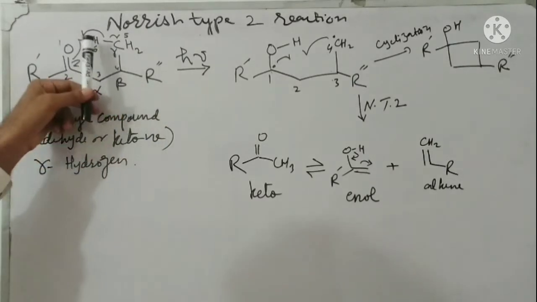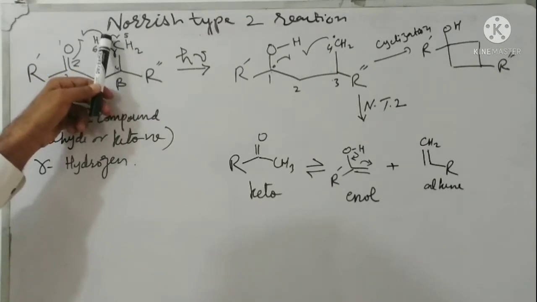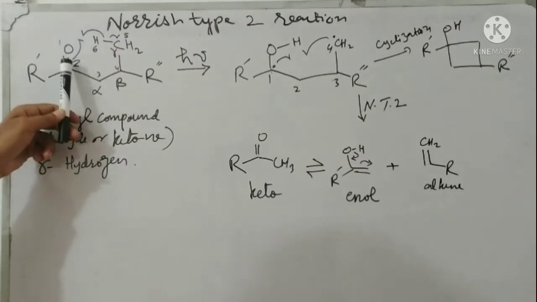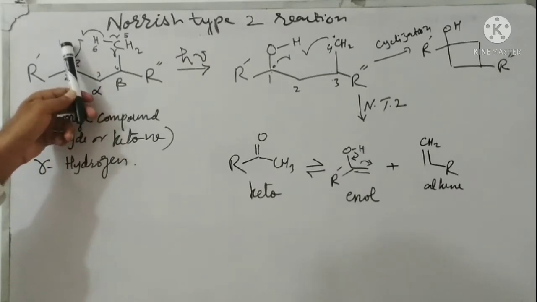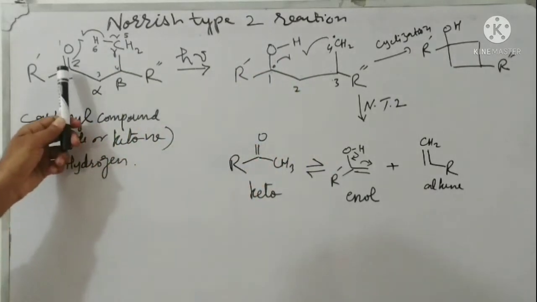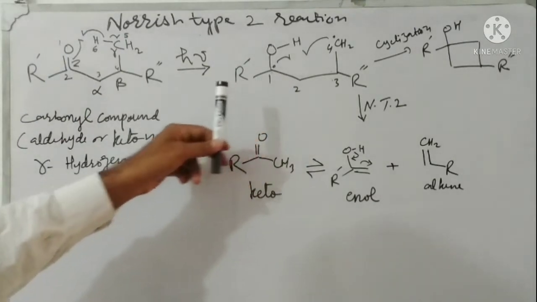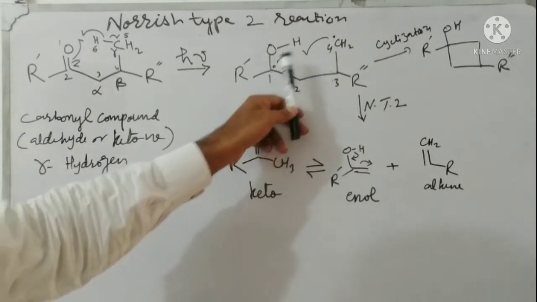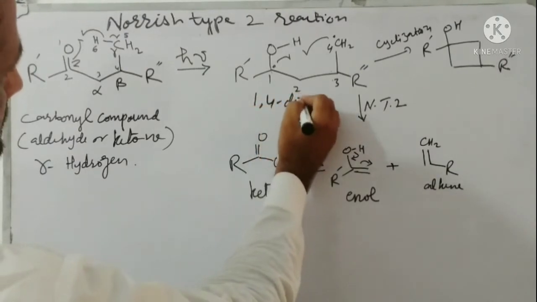So one of these gamma hydrogens undergoes homolytic cleavage to form a radical. One radical comes on this carbon and on this hydrogen, and this double bond is broken through free radical homolytic cleavage. So this radical on oxygen and this hydrogen radical form a single covalent bond here, and one of the radicals comes on this carbonyl carbon. So if we count here, this is 1 2 3 4. So this is a 1,4 diradical.